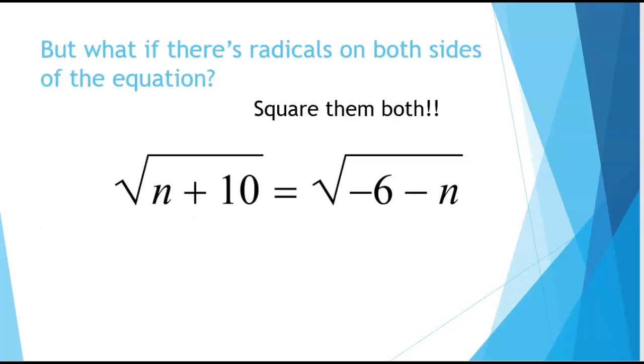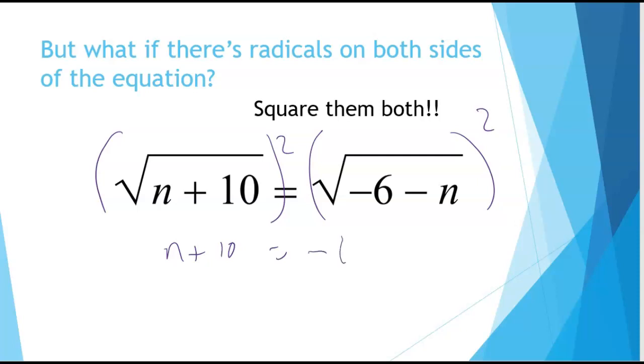So what if we have a square root on both sides? Well, that's easy. Square them both, right? Whatever you do to one side, you've got to do to the other side, right? The square root of n plus 10 squared is n plus 10. The square root of negative 6 minus n is negative 6 minus n. Easy beans, huh? Plus 6